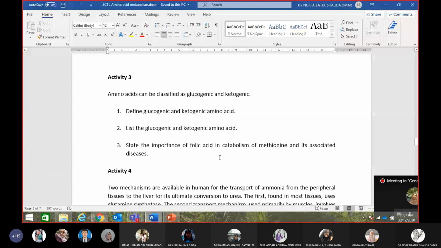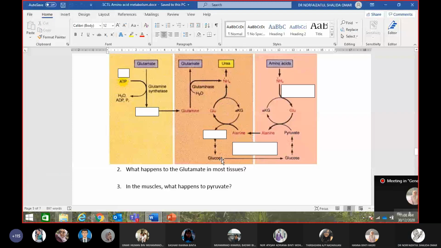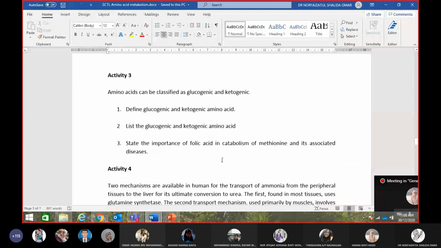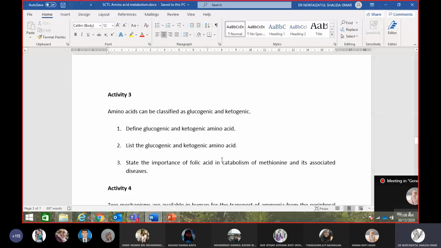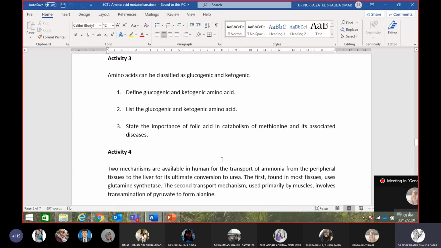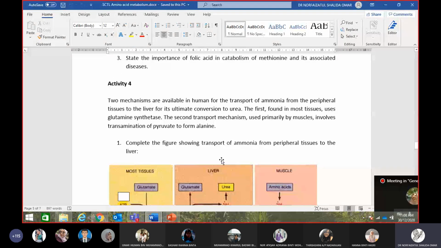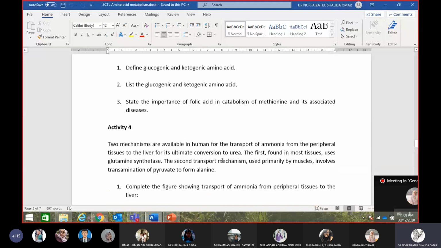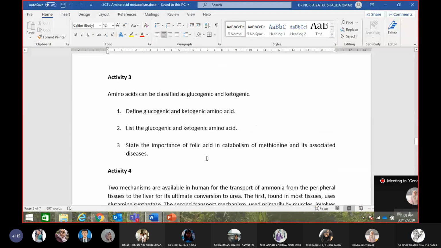Any question on that? Hope you're clear on all those, especially on the importance of folic acid and its relation to the disease. Okay. Before I go further,